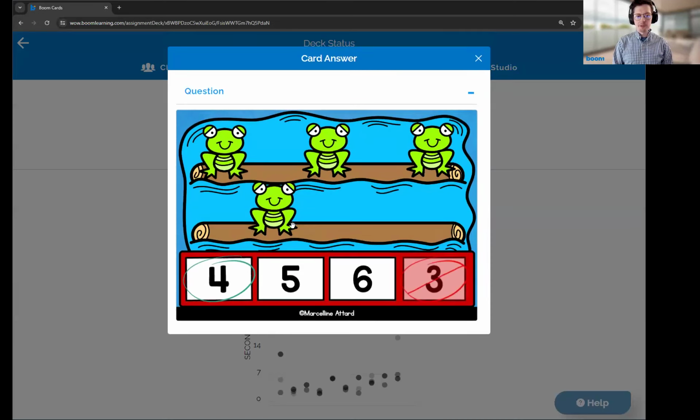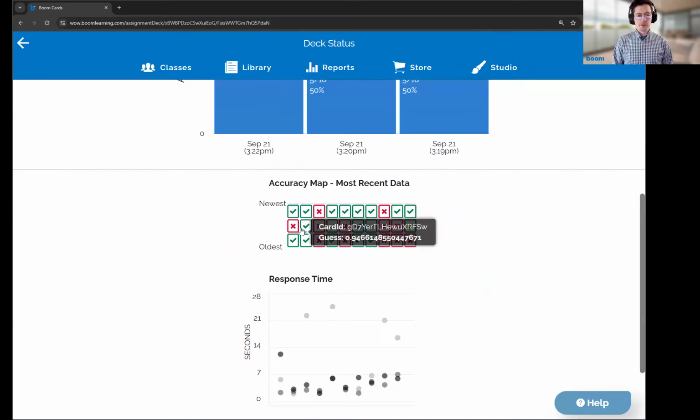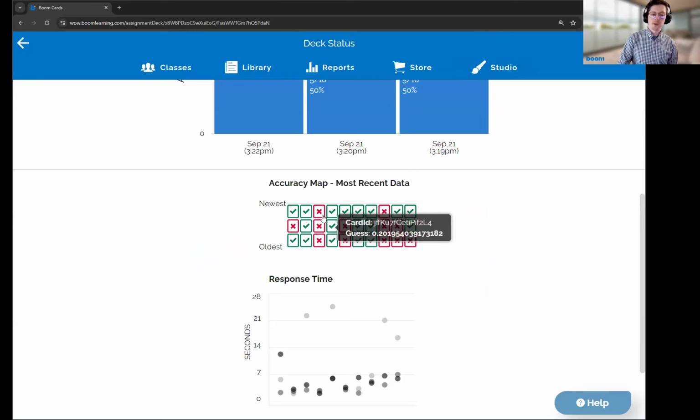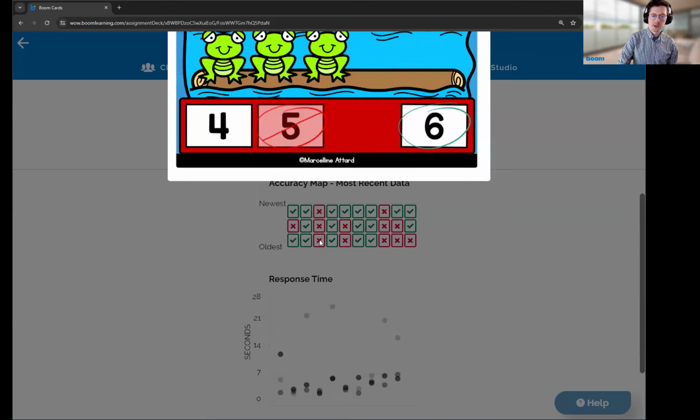The second time they played, they answered the 4 card with a 3, then they got 4 and moved on, so that's somewhat curious to see. A couple of the columns are concerning, though. This is where the missing gems would be. Here we see a column where that's always been answered incorrectly, and if I click on one of them,